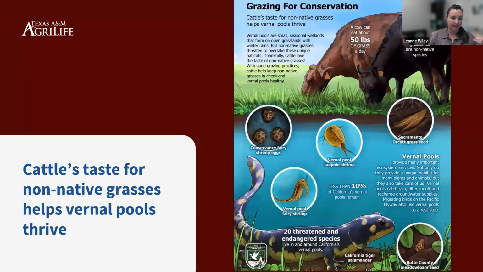I just kind of threw this in last minute. I think this is not in Texas, but it was more how can using cattle as a tool help not only reduce maybe some of those invasive species, but also you're helping some of the other critters in the wetland areas as well. So this was an advocate type poster for helping this California tiger salamander with its habitat. So the cattle were let in, they were more likely to want to graze down those non-native plants, and that really helped the habitat for this salamander.